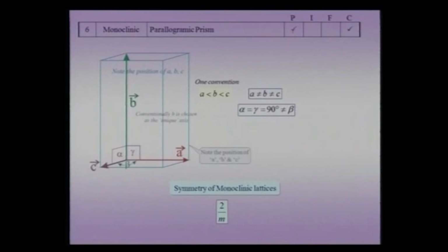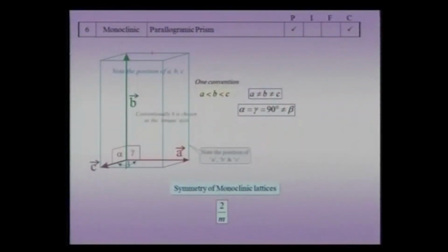The monoclinic lattice has two variants, the primitive and the C-centered. Apart from that, the body centered and the face centered monoclinic lattices do not exist. The symmetry of monoclinic lattices is 2 by m. That means the maximum symmetry it has got is only a two-fold and a mirror perpendicular to it,